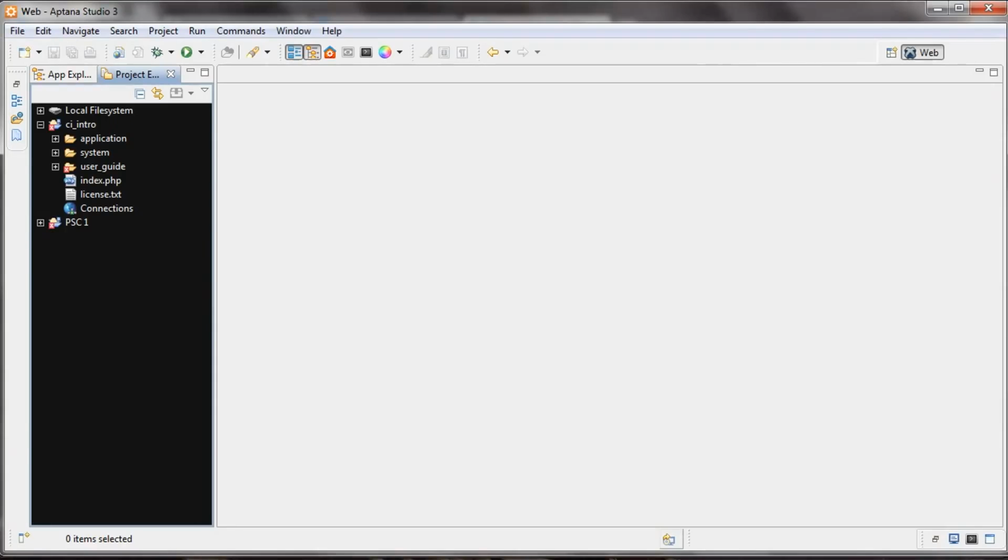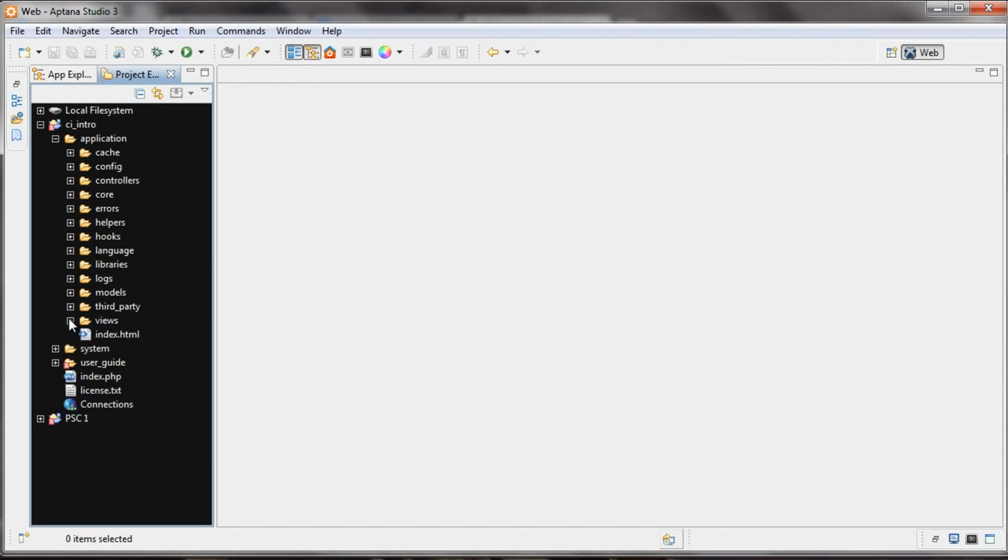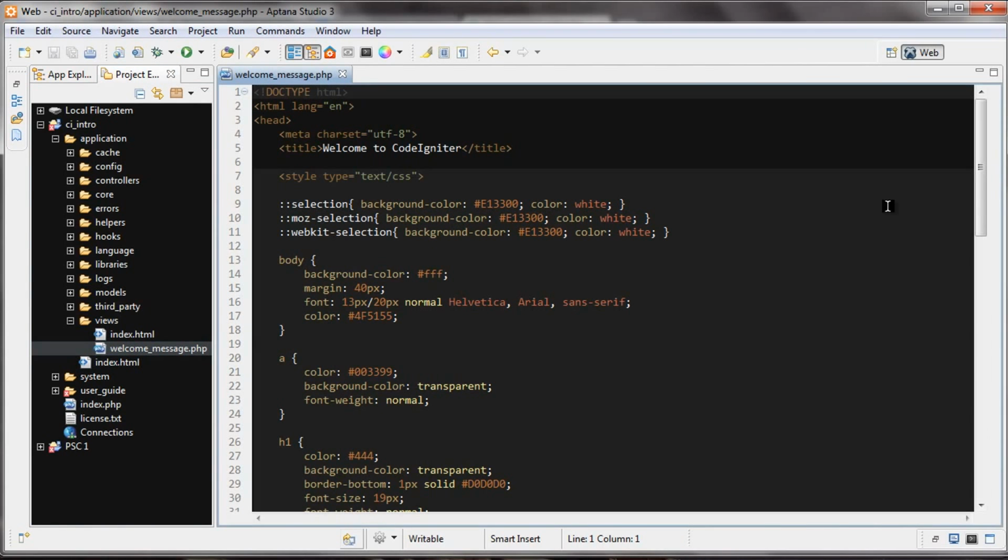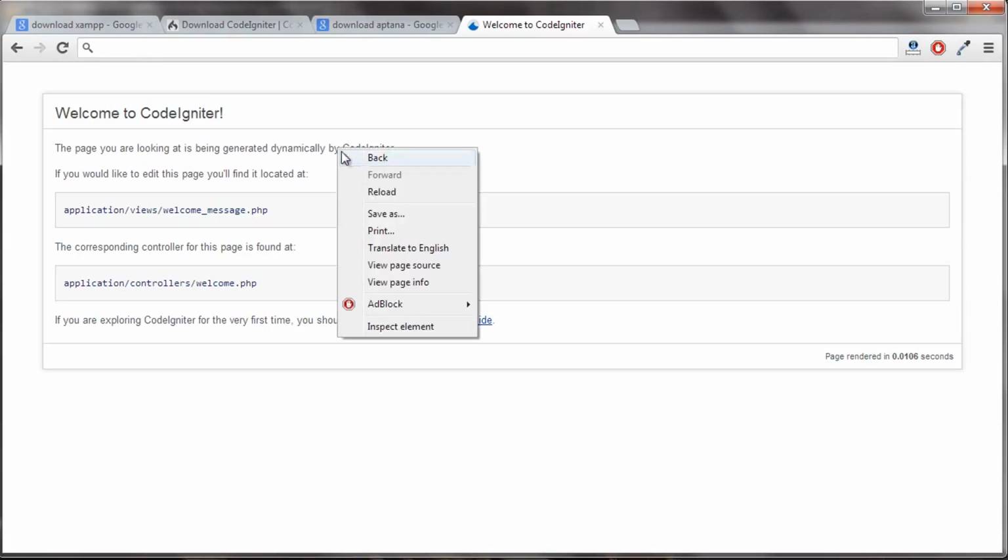So I'm going to open up Aptana again, and go to that view, which is Application, then Views, and it's this welcome message right here. You can open up the welcome message, and I'm just going to change this welcome to CodeIgniter. I'm going to change it to welcome to Anthony's website, and I'm going to save that. And then I'm going to go back here, and we're going to refresh,